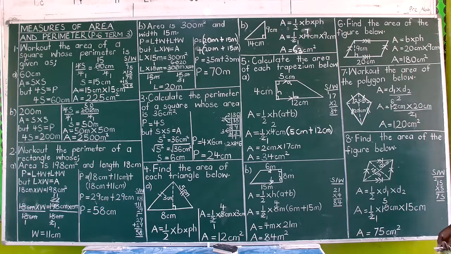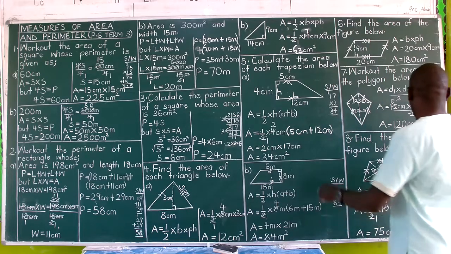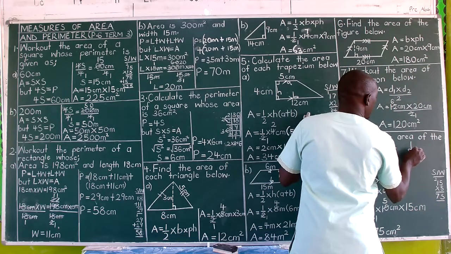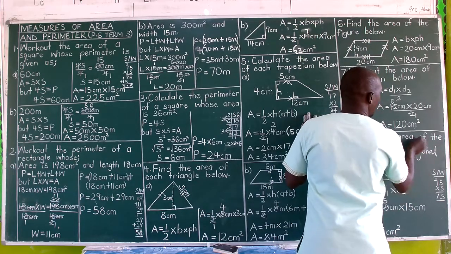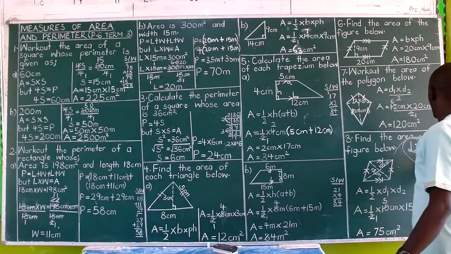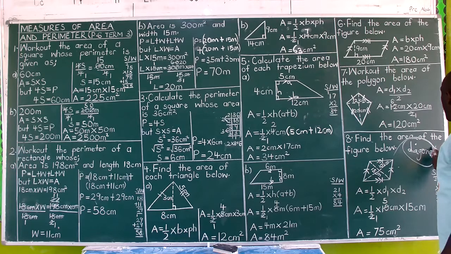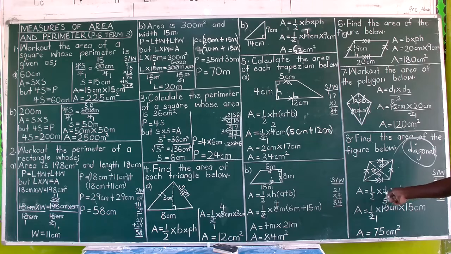Diagonal 1, the word is diagonal. So you may not write it in full. This is the word diagonal. A diagonal, I say, is the line drawn from one corner to the opposite corner of the same polygon. So this is a diagonal. This is a diagonal. Like a kite, the shorter diagonal is called diagonal 1, and the longer is called diagonal number 2. So you say area is half times diagonal 1 times diagonal number 2.